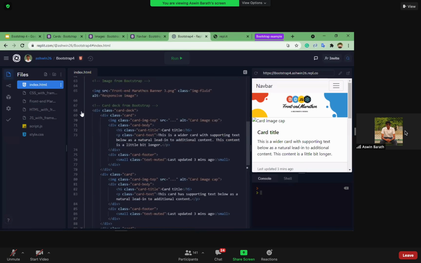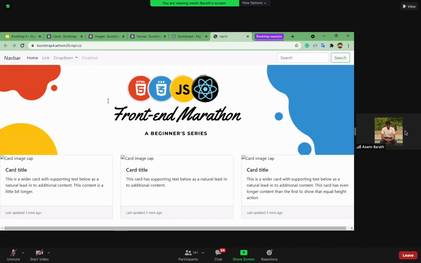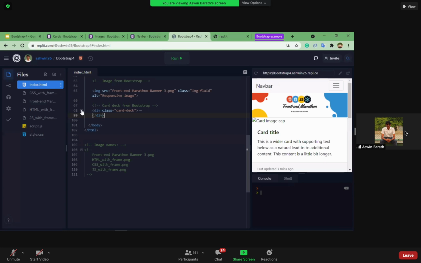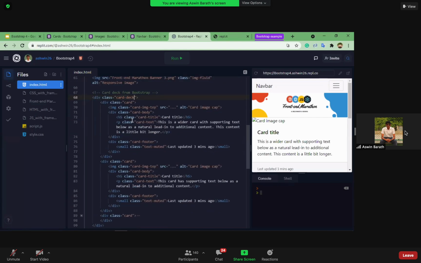These 3 cards are wrapped under a single division tag so that we can apply this card deck CSS class, right? So that this CSS styling is applied to all of the 3 cards. That's why it is very useful to use the div tags.